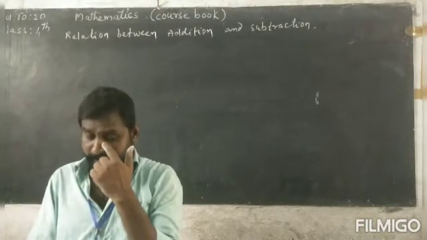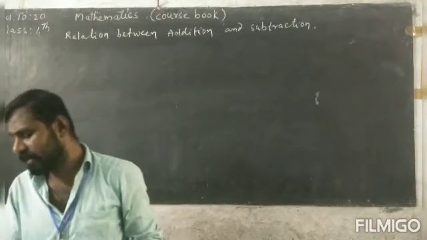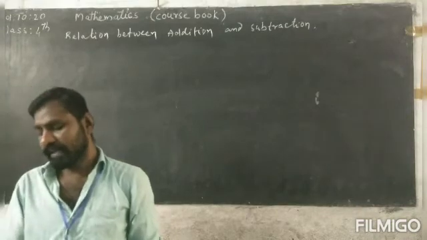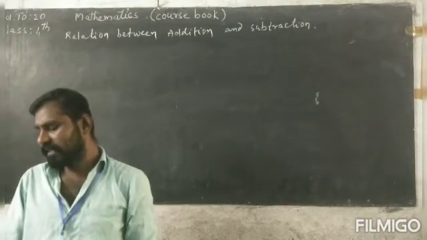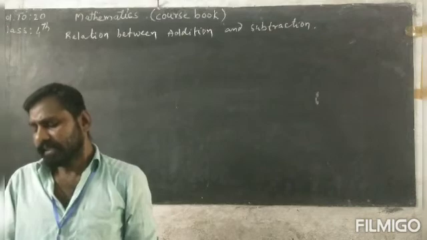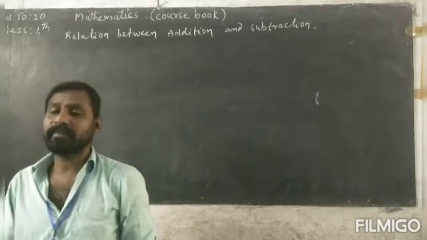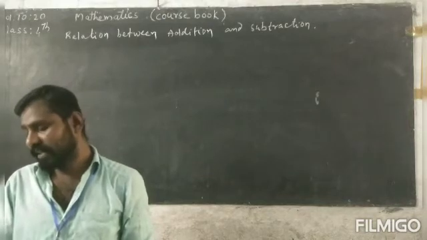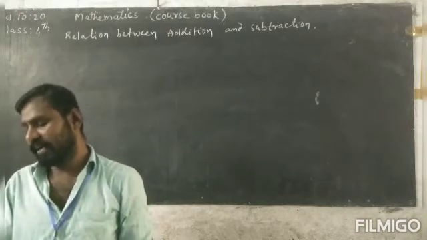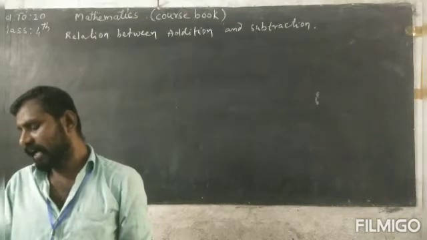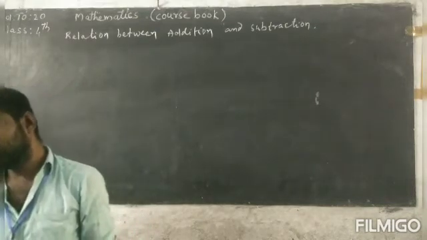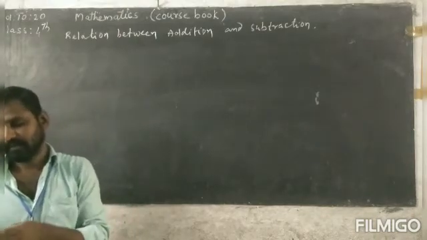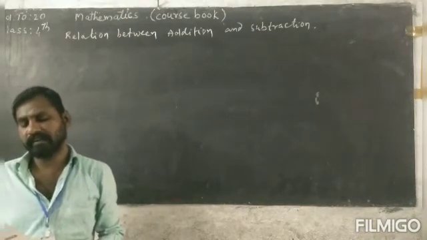Ravi got 568 points in a game and he played the same game again. He scored 243 points more than the first time. How many points did he get the second time? In the first attempt, Ravi scored 568 points. In the second attempt, he scored 243 more than the first attempt. This means that we have added 243 to the first score. So what do we get, beta? You get 811.